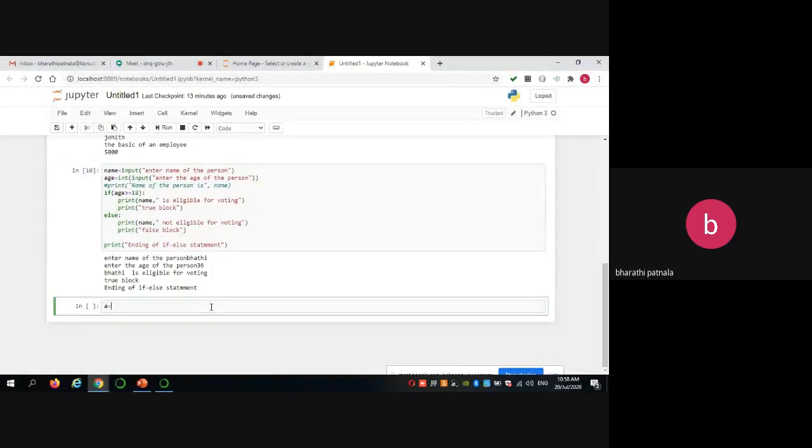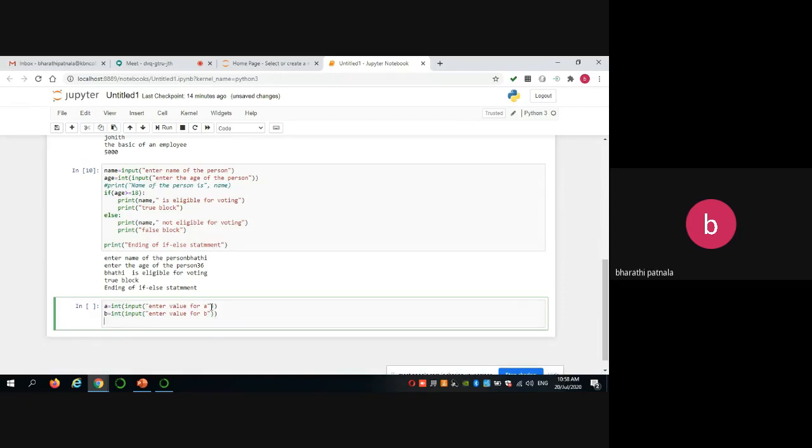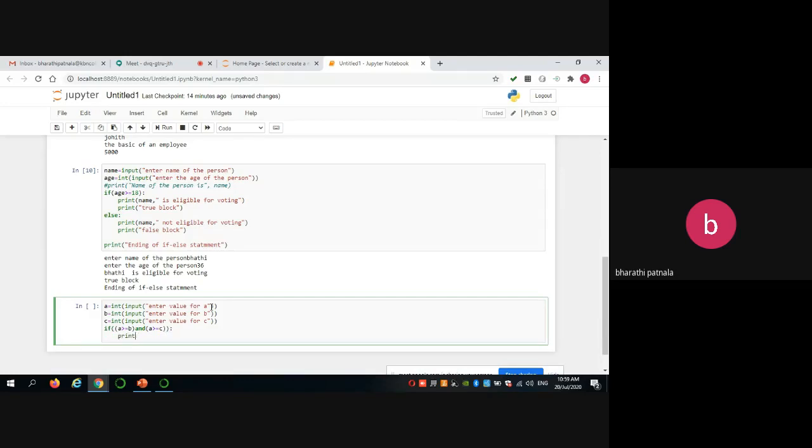So read 3 variables. Enter value for A, enter value for B, enter value for C. Now you have to check whether A is greater than or equals to B and A is also greater than or equals to C. Then only you can print A is big.